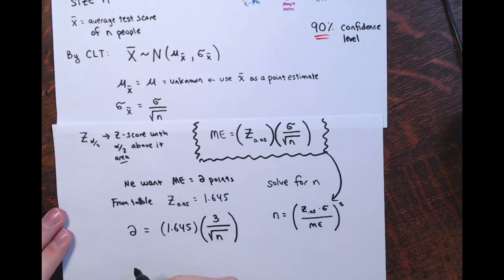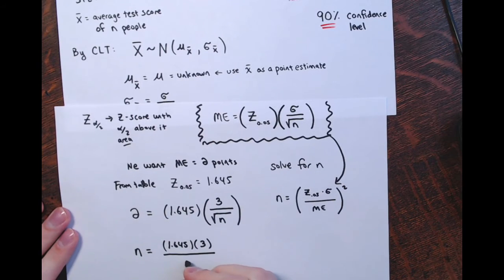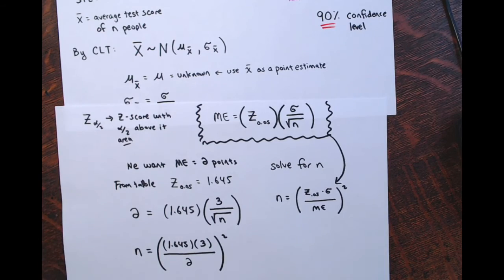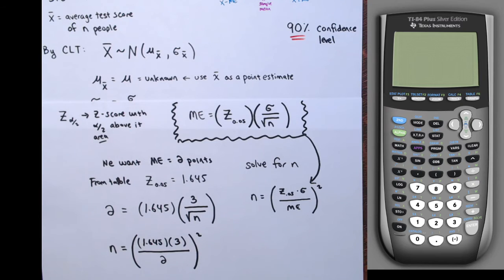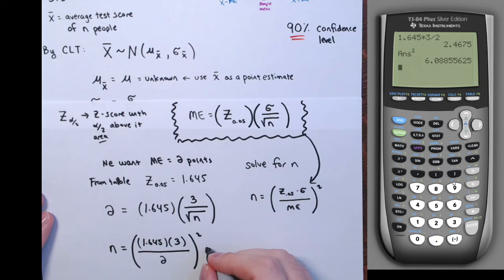So that's what I'm going to end up with here. We're going to see n equals the z-score, 1.645, times sigma, 3, divided by the margin of error we wish for, 2, and then square all that, because instead of the square root of n, you want n, so you get rid of the square root. All right, so I'm going to pull up my calculator. We take 1.645 times 3, then divide that by 2, and we will square this number afterwards. So this is equal to